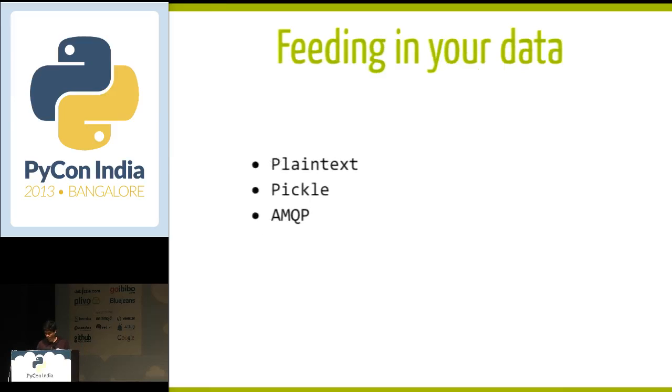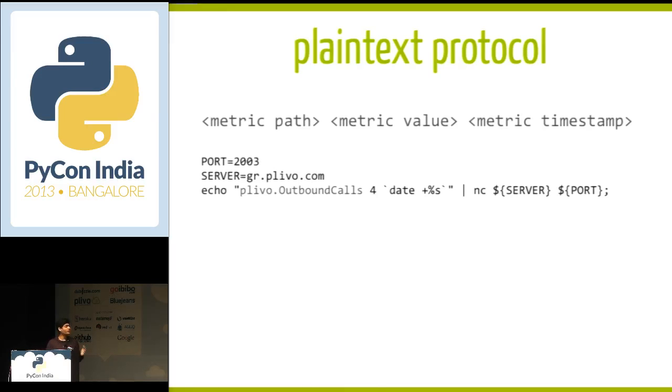Feeding in your data. Carbon accepts data in these three basic protocols. So they are plain text, Pickle, and AMQP. Plain text is pretty trivial. You specify